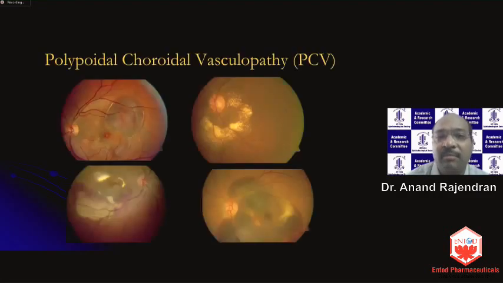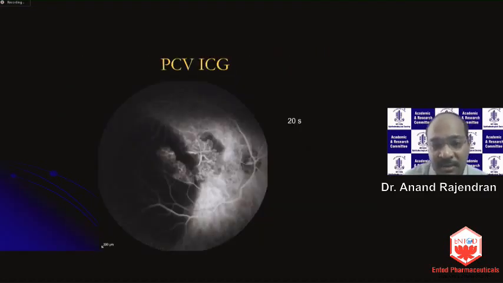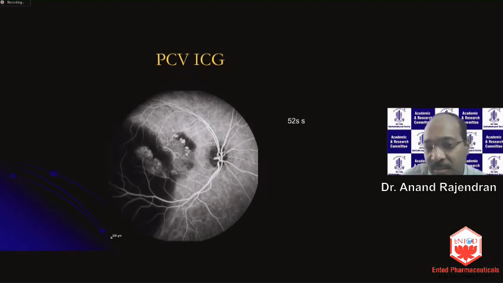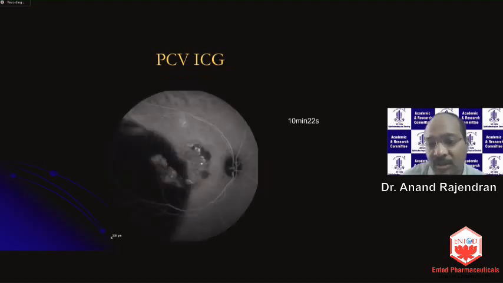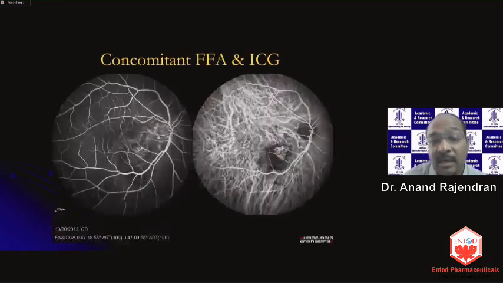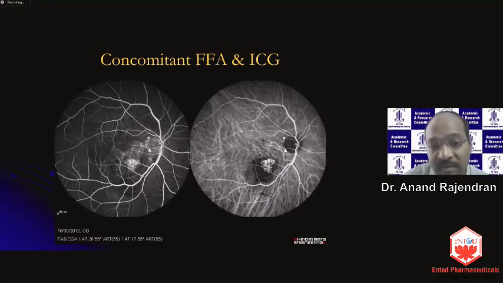Indocyanine green angiography, polypoidal choroidal vasculopathy is the classic indication. It comes in so many morphologies: PED, serous, hemorrhagic, submacular hemorrhages. As you can see here, with ICG the branching vascular network is seen very well, and then in the later stages, you see the polyps lighting up and then washing out subsequently. With the Heidelberg systems, you have these very combined images. You can see the FFA and the ICG together. FFA will give you the extent of the lesion, whereas ICG can pick up the polyps very well.